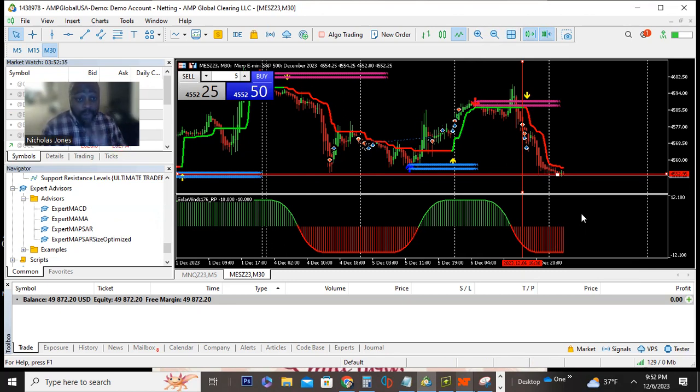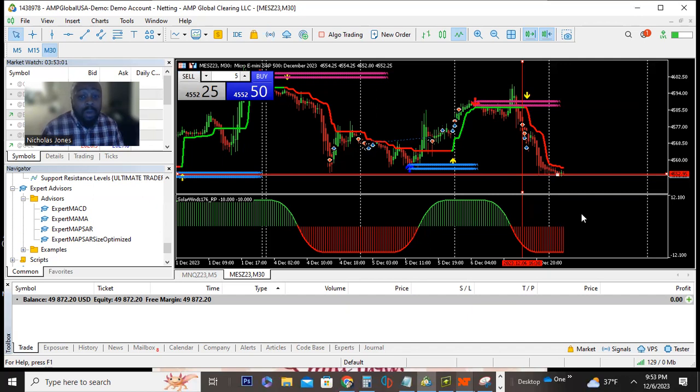We've got the three time frames, three confirmations that the market is going in the uptrend, or I'm sorry, on resistance or support on all three time frames,